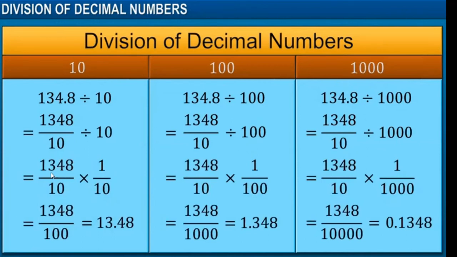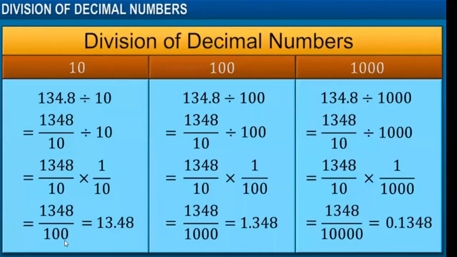Okay, so 1348 by 10 into 1 by 10. Now we can multiply the numerators. So multiplying the numerators we get 1348. Multiplying the denominators, 10 into 10, we will get 100. Okay, now same way we are doing it with 100 and 1000. It is done in the same way. Now when we see the last fraction, that is the last fraction we got, we are getting